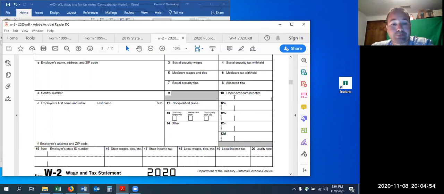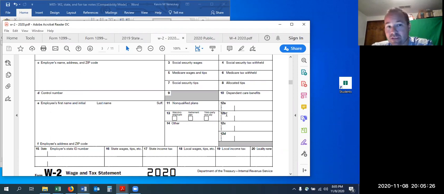It's an important number. Box 12, you could have lots of different items here. The first column here is alphanumeric, where it's going to be a letter, and there are so many codes that it even goes to double letters. It goes like AA, BB, CC, and I don't remember how far it goes, but it goes a little bit deep into the double letters. And then out to the side, it's going to give the actual amount for whatever that subcategory would be.